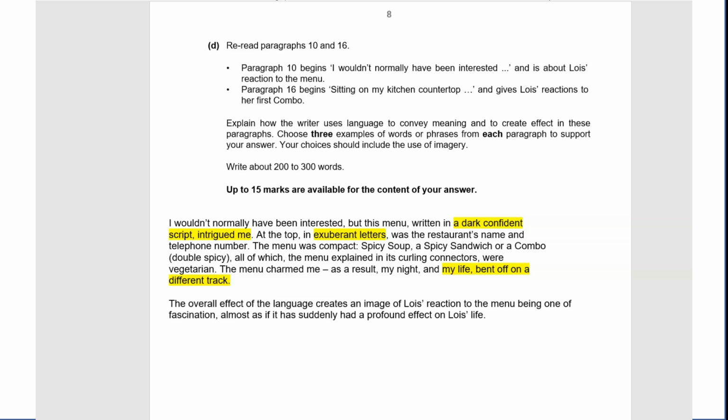But starting with that first quote, dark, confident script, and the fact that it intrigues the narrator, well, we can look at those adjectives, dark and confident. Perhaps it seems to personify the menu. It makes it seem alluring. It makes it seem special, unique. It perhaps suggests that the food is as equally as inviting as the menu. That adjective, exuberant, brings life, brings energy, excitement to the menu. It perhaps suggests that the narrator is lured in by the aesthetics of the menu, and it's been successful in